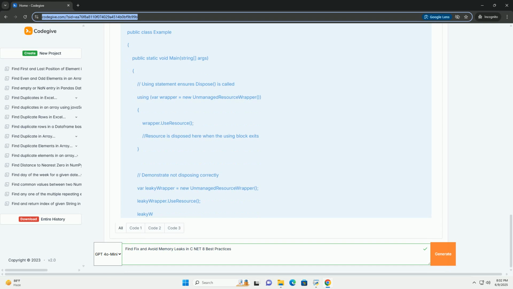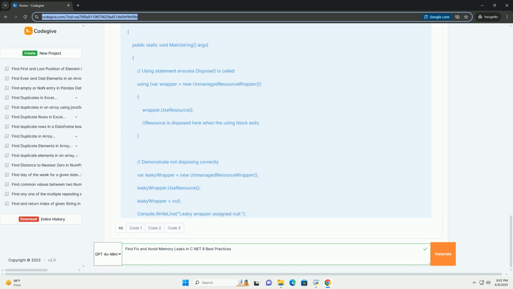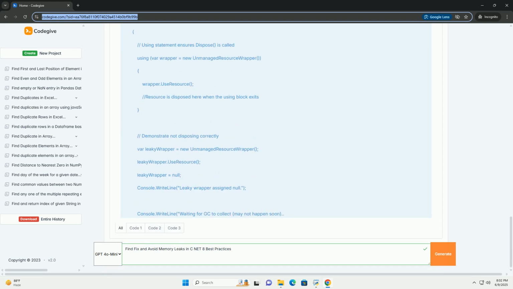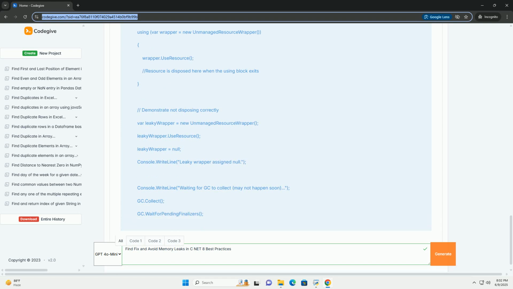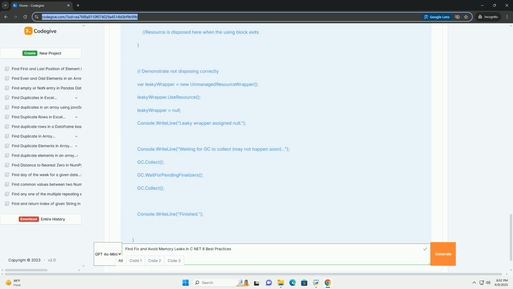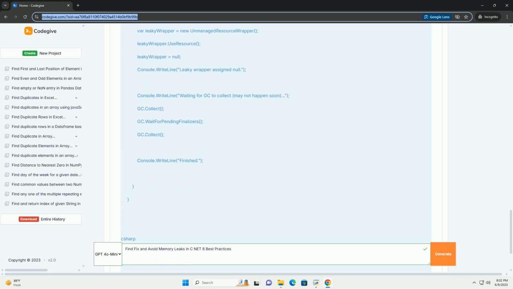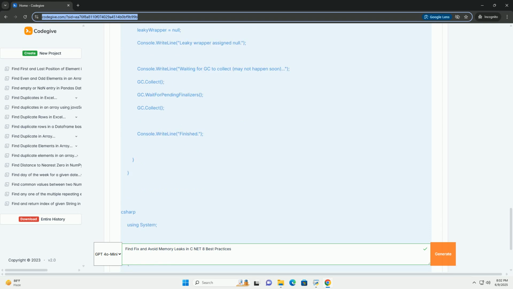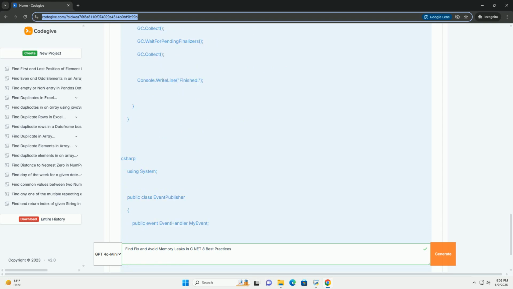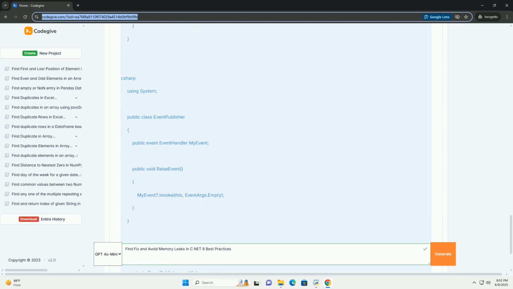Understanding memory management in .NET. Before diving into specific leak scenarios, let's review fundamental concepts. Garbage collection, GC, the heart of .NET's memory management. The GC automatically detects and reclaims memory occupied by objects that are no longer reachable by the